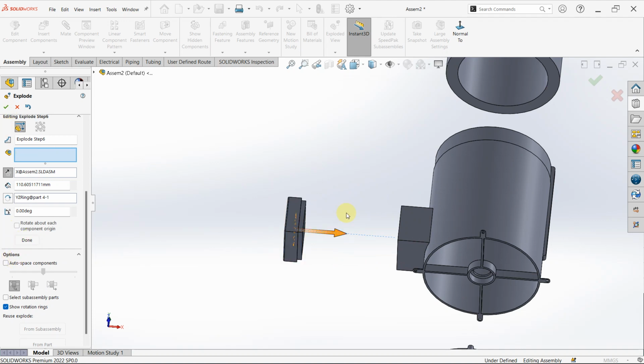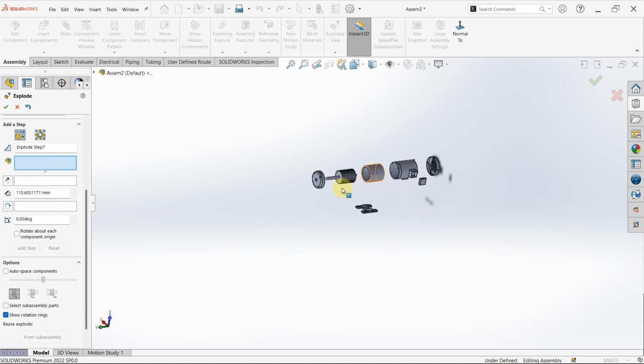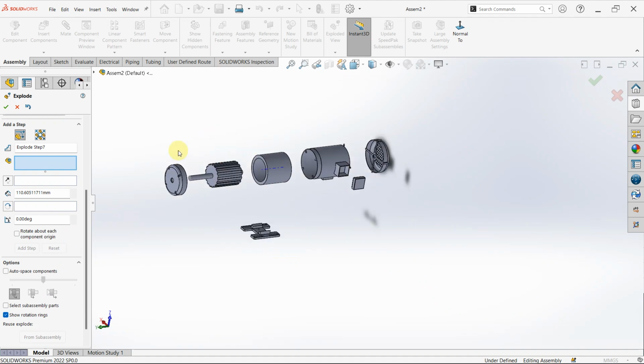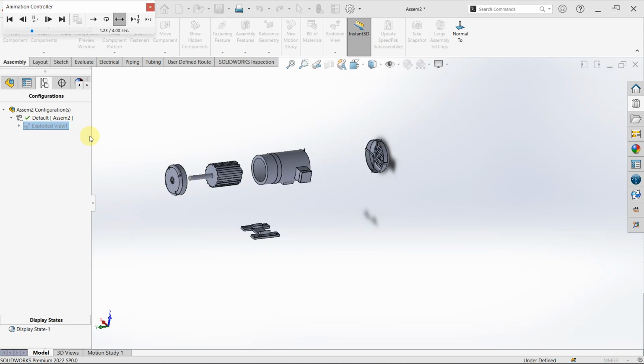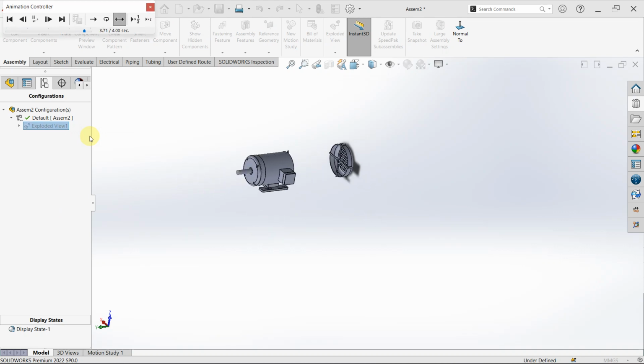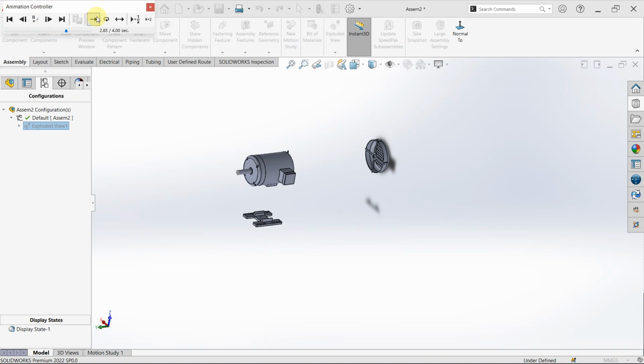So done. I think that's all about this model. Good. So now it has been exploded. You can check this. You can come here, click this side, and you will see exploded view, done. I click on it. Animate collapse. You see, that's how to add simple animation to your model. Because this was selected to go back and forth. If I select this, it will just be one. That's all. If I select this